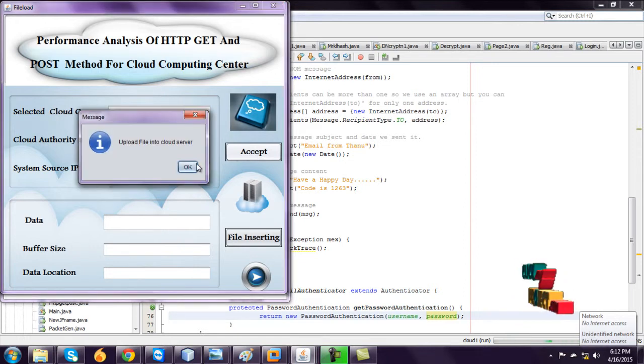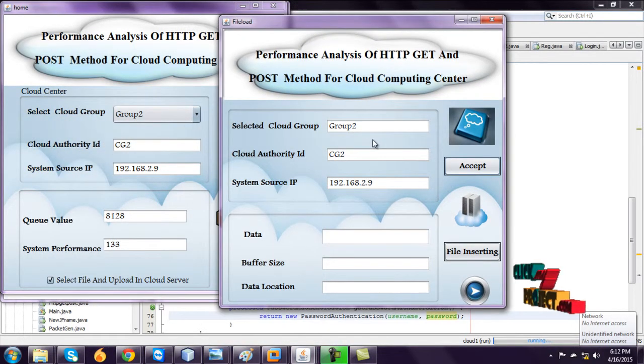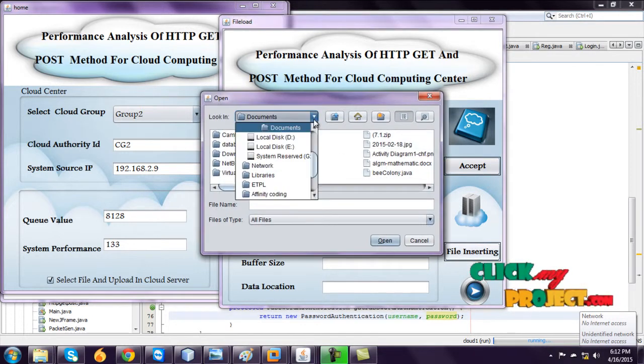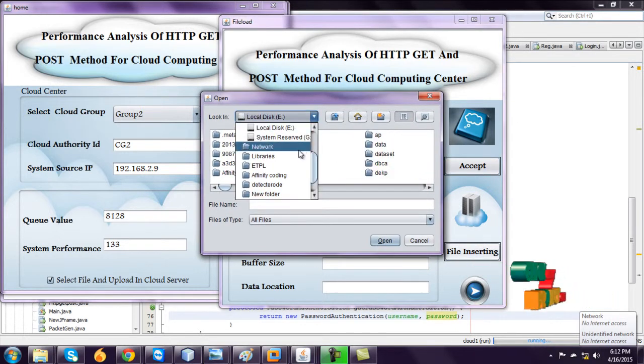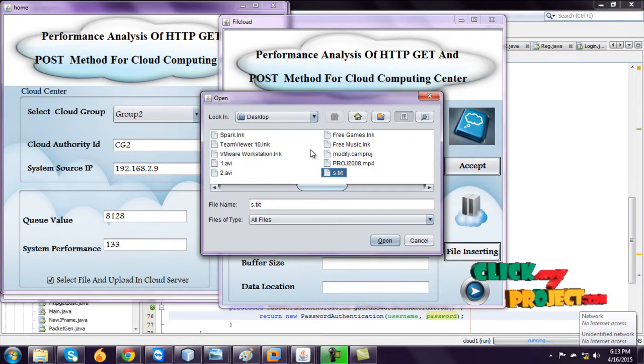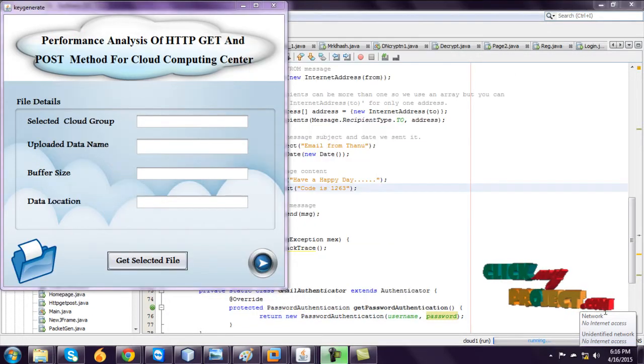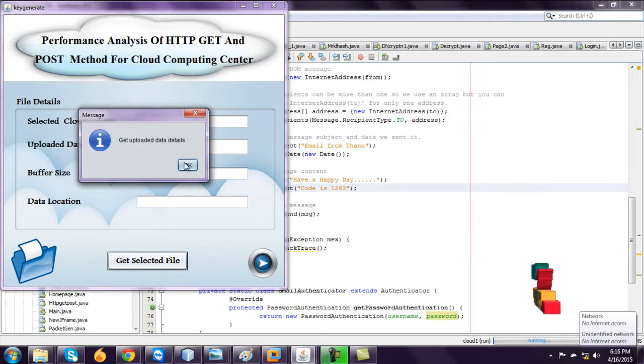And then accept the data upload file into cloud server. These details are already stored in group 2 and file inserting, and select the one text file. Now I will select s1.txt, open this file and it is your file details. Go to get selected file